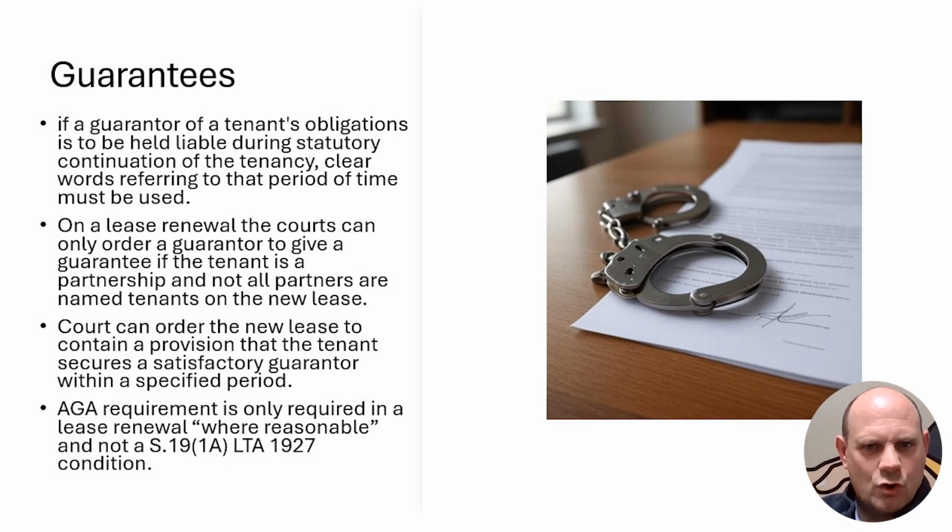Junction Estates versus Cope, a 1974 case, made it clear that the liability of a guarantor under a lease will not extend beyond the contractual fixed term into any statutory continuation unless the express terms of the guarantee provide otherwise. So whilst the tenancy continues beyond the contractual fixed term by virtue of the statutory continuation under section 24 of the Landlord and Tenant Act 1954, in the absence of express words to the contrary, the guarantee will not.